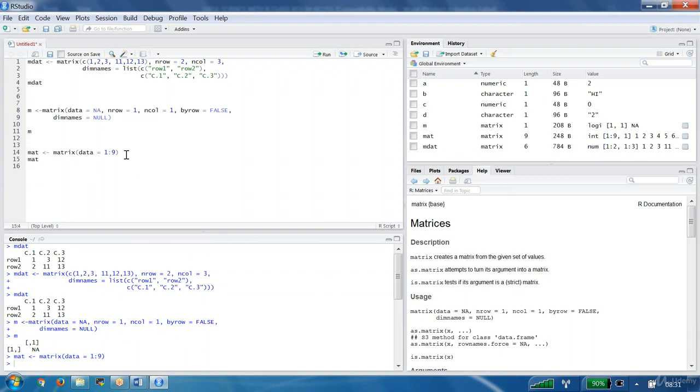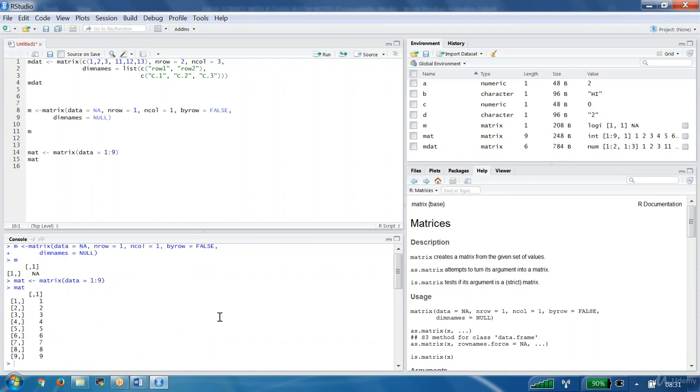I didn't mention the number of rows or columns. You have to tell me now, by default, in what way was it created? Let us go and verify it. By columns. That means we got only one column.